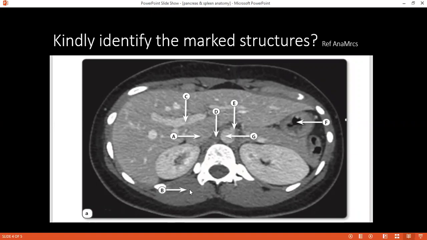What is B? B is the paraspinal muscles. Okay, what is C? Could that be the